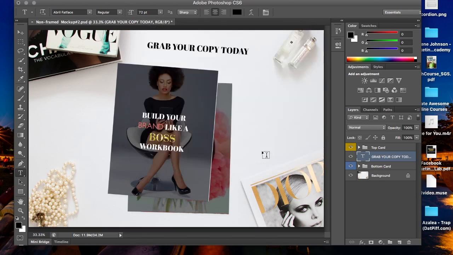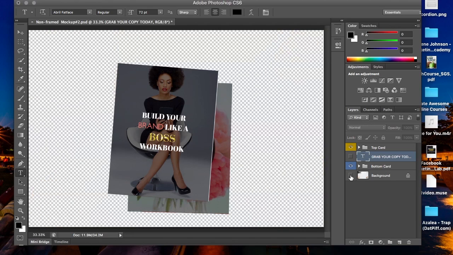Now let's just say we just want these two cards, right? We just want the cards. So we would go ahead and let's take the copy off. You just close the eye, make it go away. And then we close the background. Now we have a transparency, right? You can take the crop tools right here. If you hover over it long enough, it should say crop, but